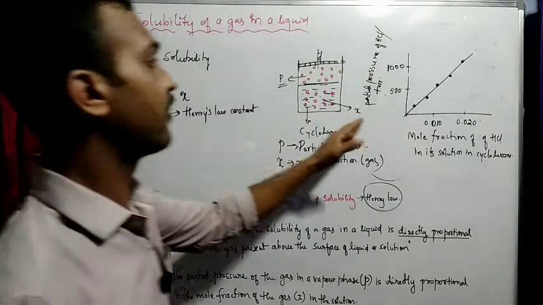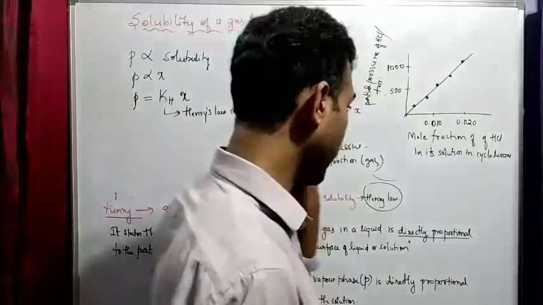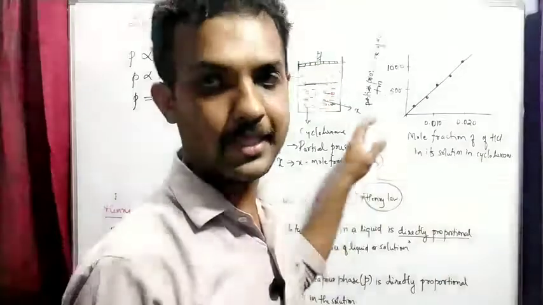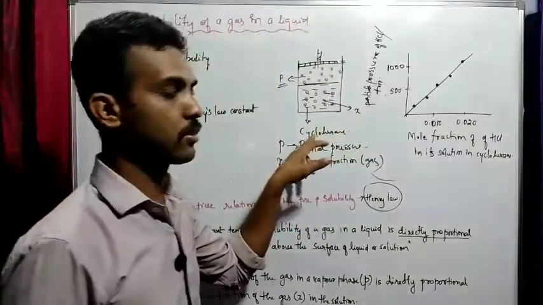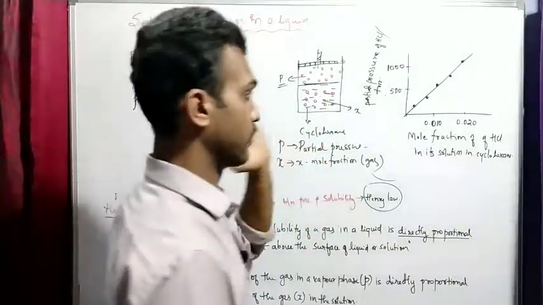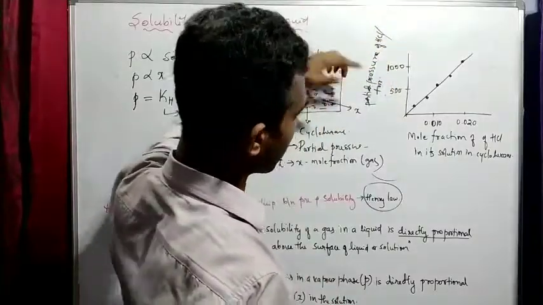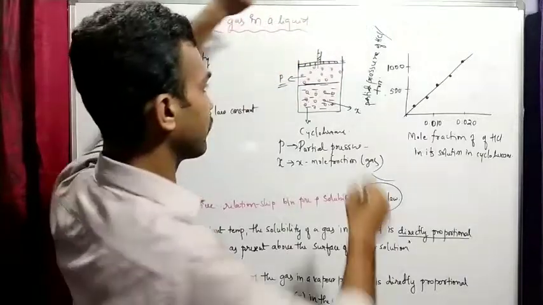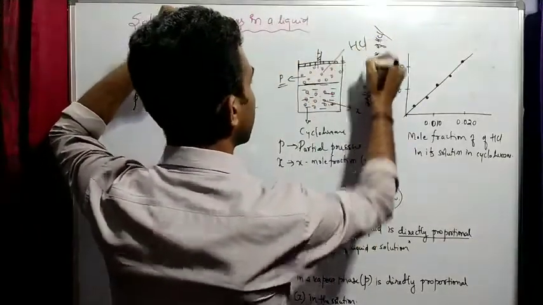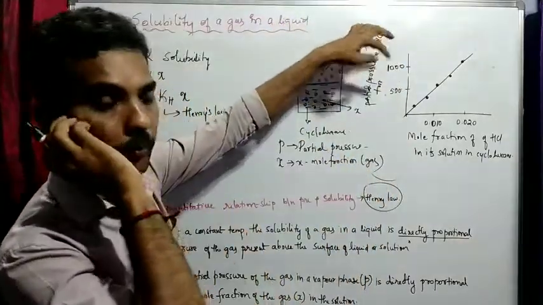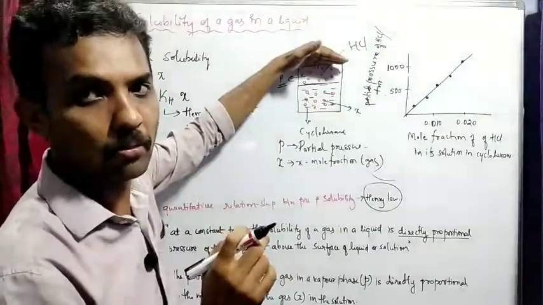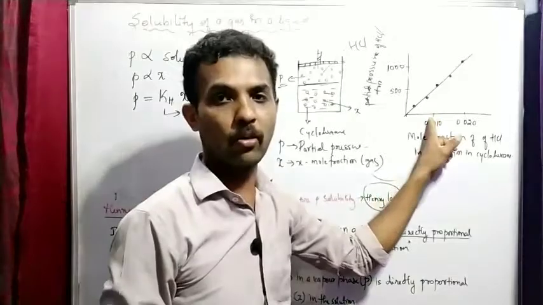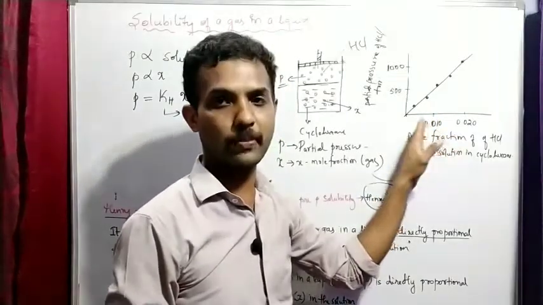If I plot the same experiment in a graph, on the X axis I take the mole fraction of HCl in the solution of cyclohexane solvent, right? As I increase the pressure, on the other axis is the partial pressure of HCl in torr. First I give 500 torr, then 1000, and then we see what happens to the mole fraction: 0.010, practically, and